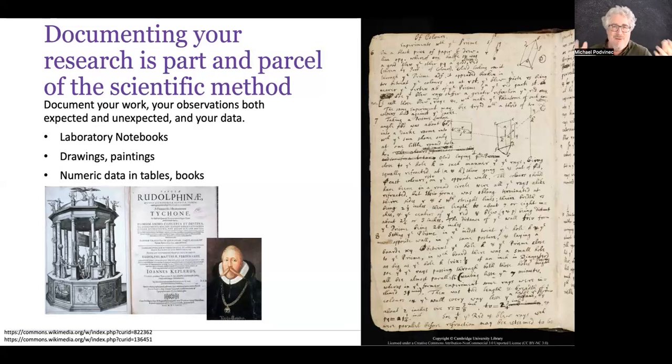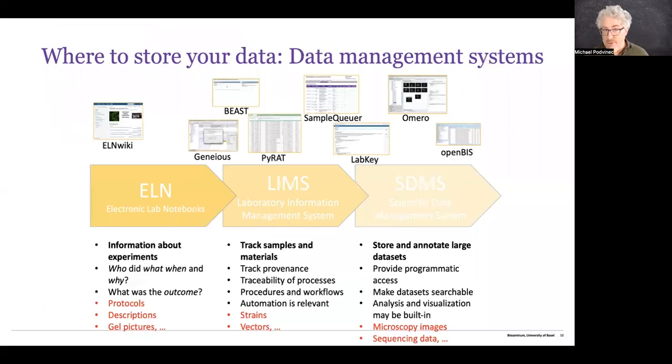And then you go back at this time really to paper lab books, and you have to sort of make sense of the things that back then you thought you documented really well. So it's not that easy to do good documentation. And the data that you generate, where do you store all this data? So there are different data management systems. In life science, we have sort of these 3 pillars, but many software systems in the end, they sort of stand on 2 or more of these pillars. But roughly conceptually,